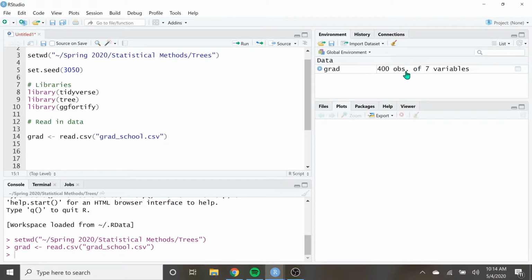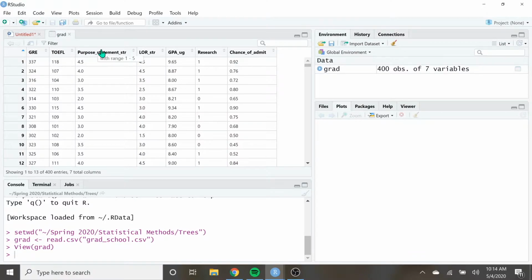Let's take a look at it. So what this is, is grad school admissions and the chance at being admitted into grad school. Not whether or not they did, just the chance of it. So the way they calculated this is actually kind of complicated. They used what's called logistic regression that fits probabilities of some event happening, and then they back transformed it and put it back into linear regression. Again, not super important to understand how they did it, but we see that we have the chance of admit and then a bunch of different other